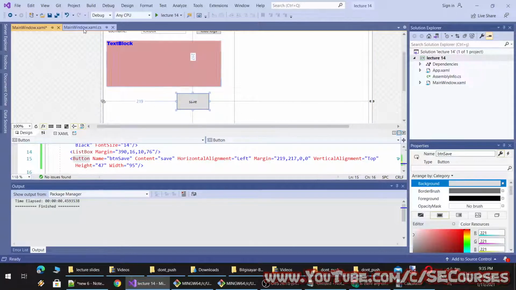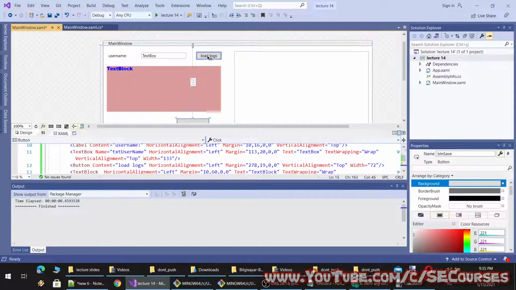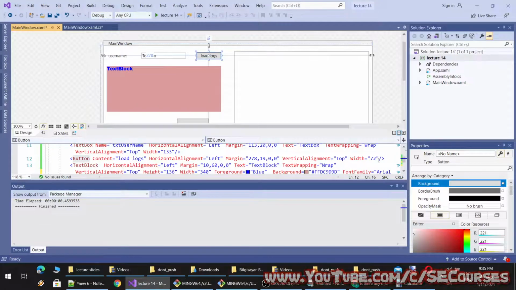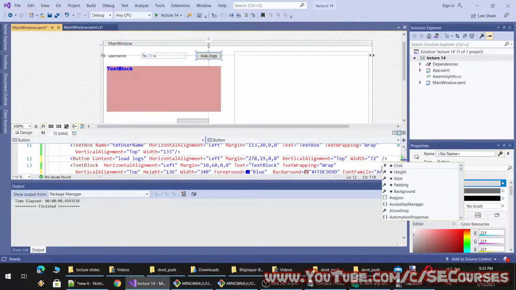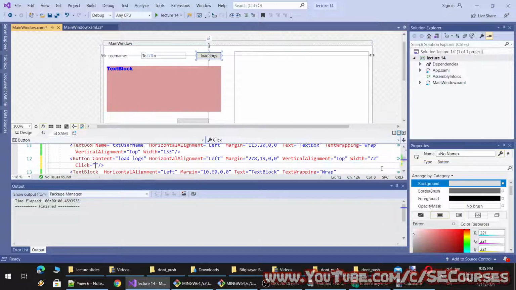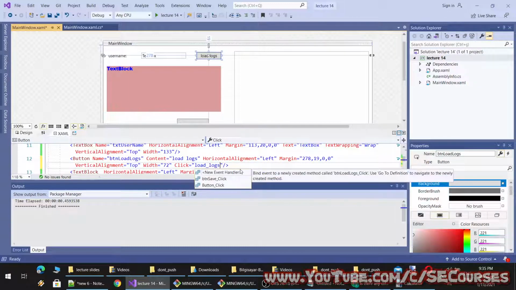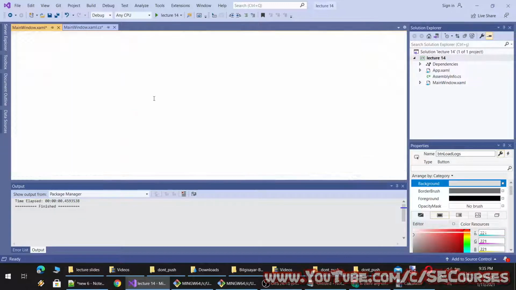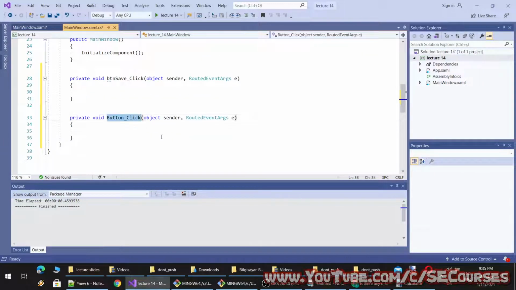All right, so we will have a save button, which will save, and we will have a load button, which will load logs. We need to change it in the code behind as well.